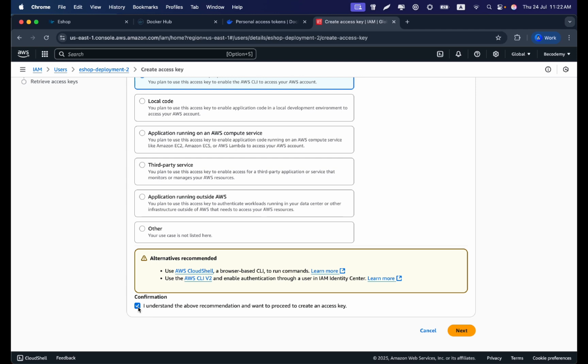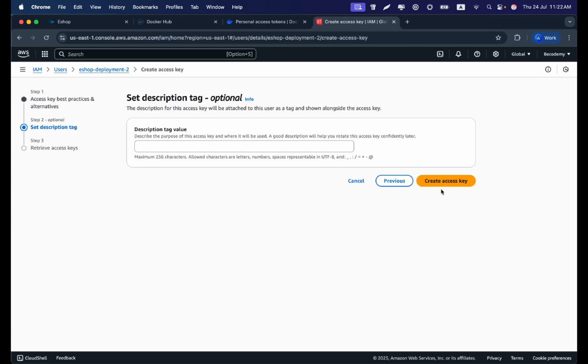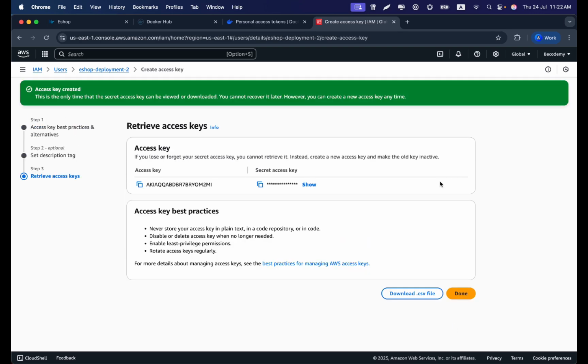So we can right now click this, I understand the above recommendations and want to proceed to create an access key. Then after this we can click this next button. Right now we can click this create access key, and you can see we got an access key here and